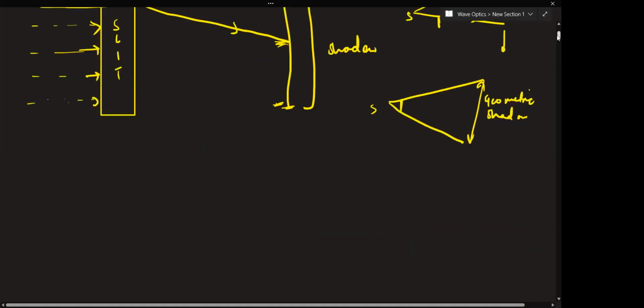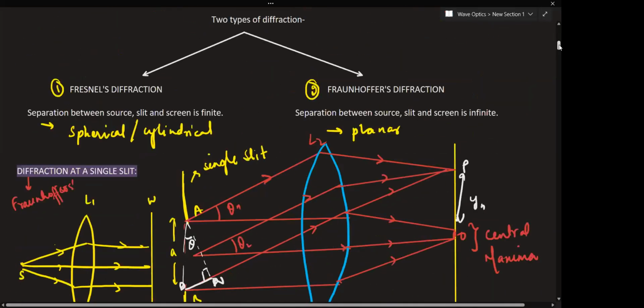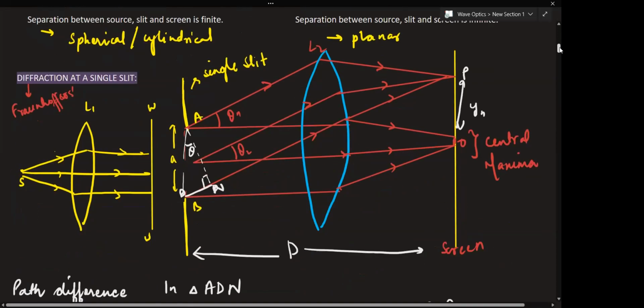Of geometrical shadow, that is known as diffraction. Then we had seen two types of diffraction. One was Fresnel's and the other one was Fraunhofer's. If the separation between source and slit is finite, then we get Fresnel's, and if the separation is infinite, then we have Fraunhofer's. Then we had seen diffraction at a single slit, where D is the separation from the screen